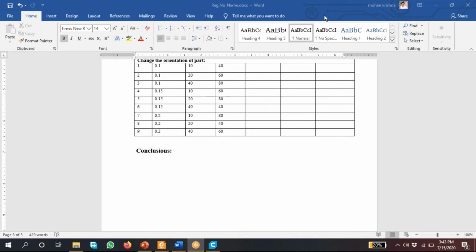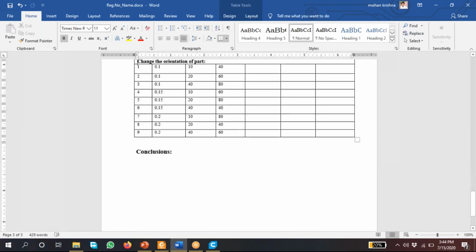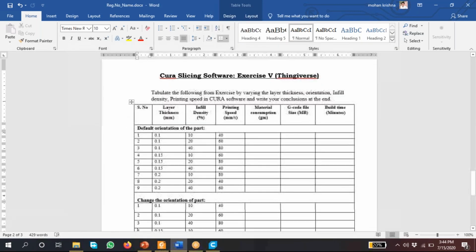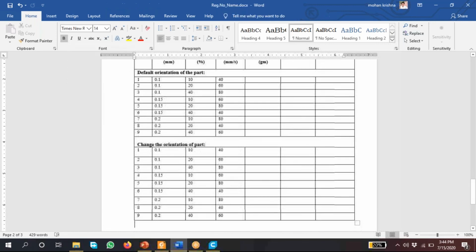Srikant sir, I have one query. You have given default orientation for each setup: 0.1, 0.15, 0.2. For orientation also you have done this. For all these cases, we need to write and send it.